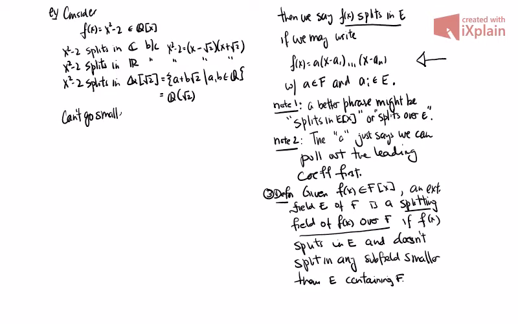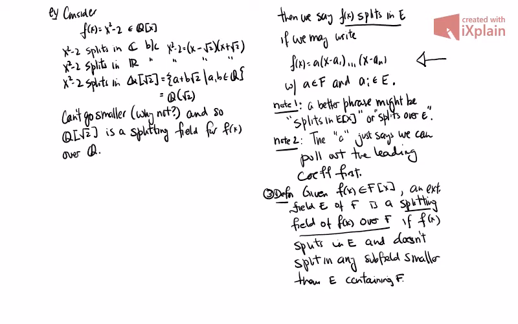So I'll say can't go smaller. Why not? Because I'm not being formal about that. But we'll say Q bracket root 2 is a splitting field for f of x over Q. My little note here,